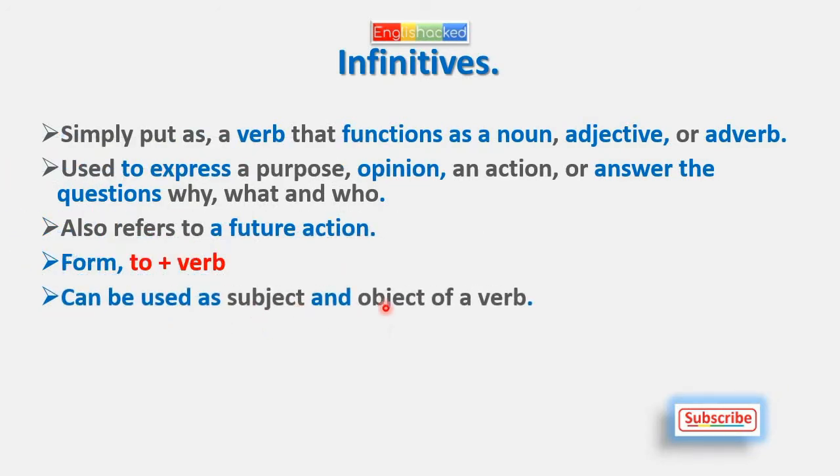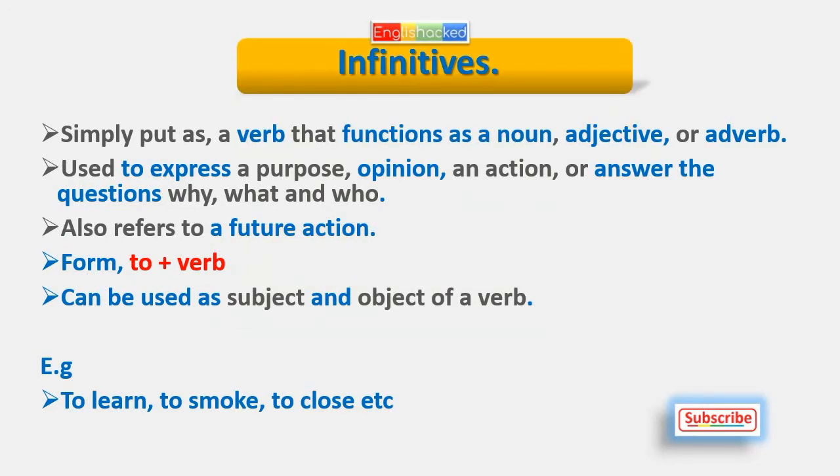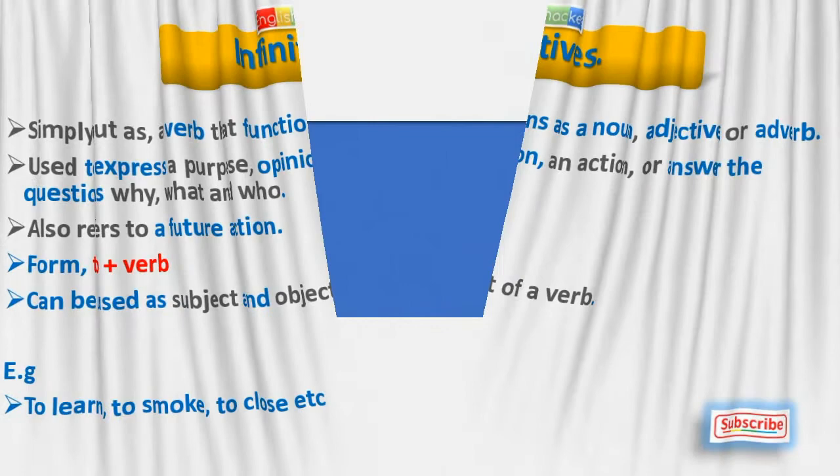They can also be a subject and an object of a verb. So you can have a verb and then you add this infinitive. For example, to smoke is an infinitive. You see our to and the verb. To close is an infinitive. So infinitives are really good and really powerful. Let's continue with our